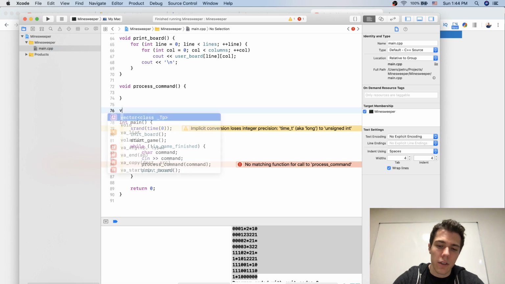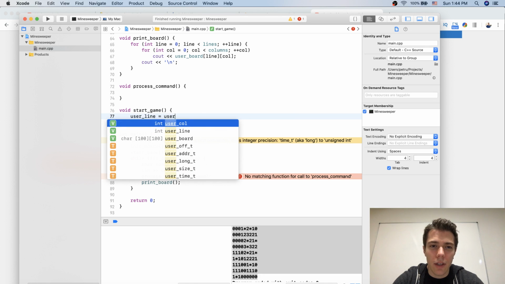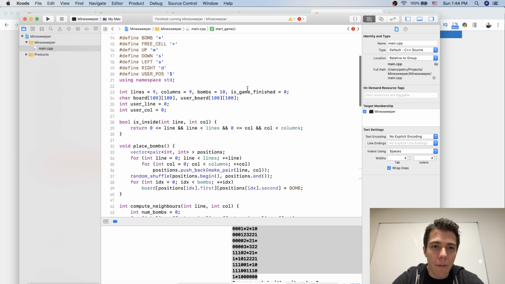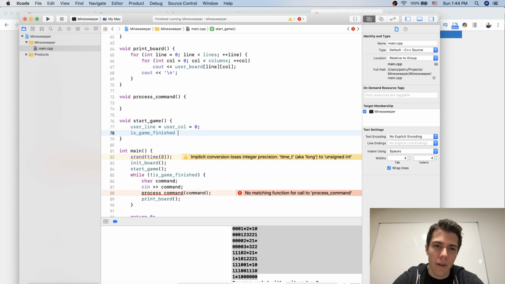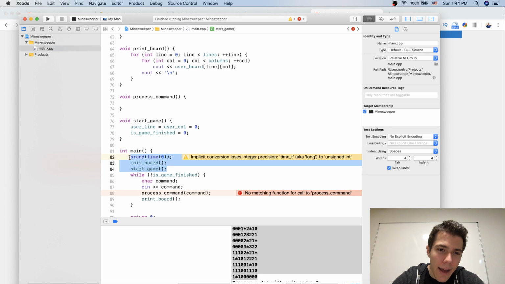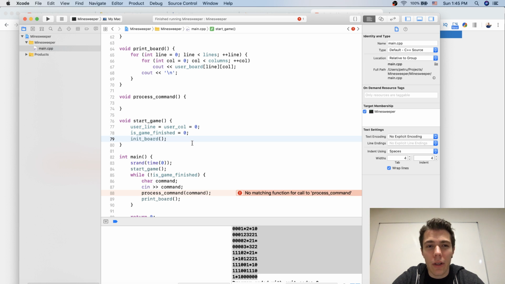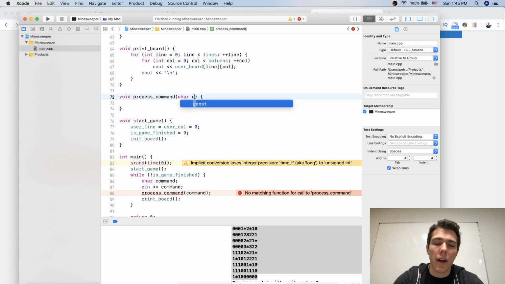So I have this function void start game, and I want to say user line equals user column equals 0, and what else? And is game finished will be 0, and then I also need to call this initialize board, and this makes the code cleaner. All right, and now I want to implement this function called process command, char command,